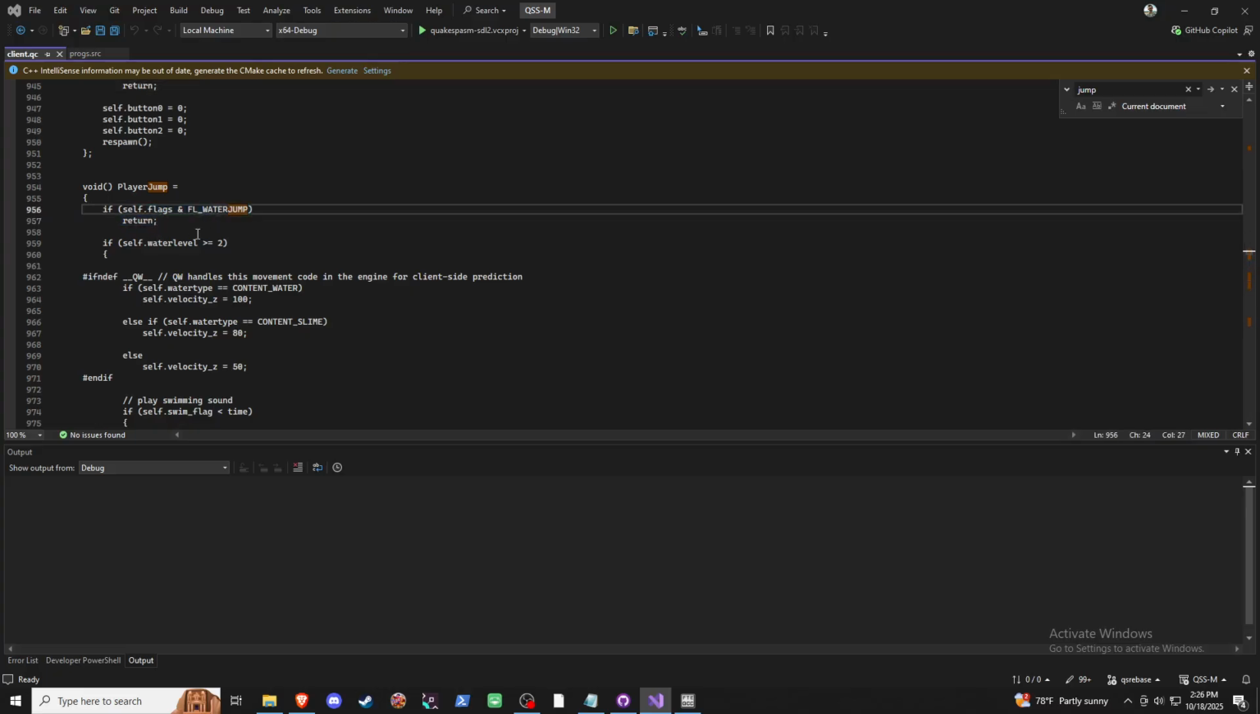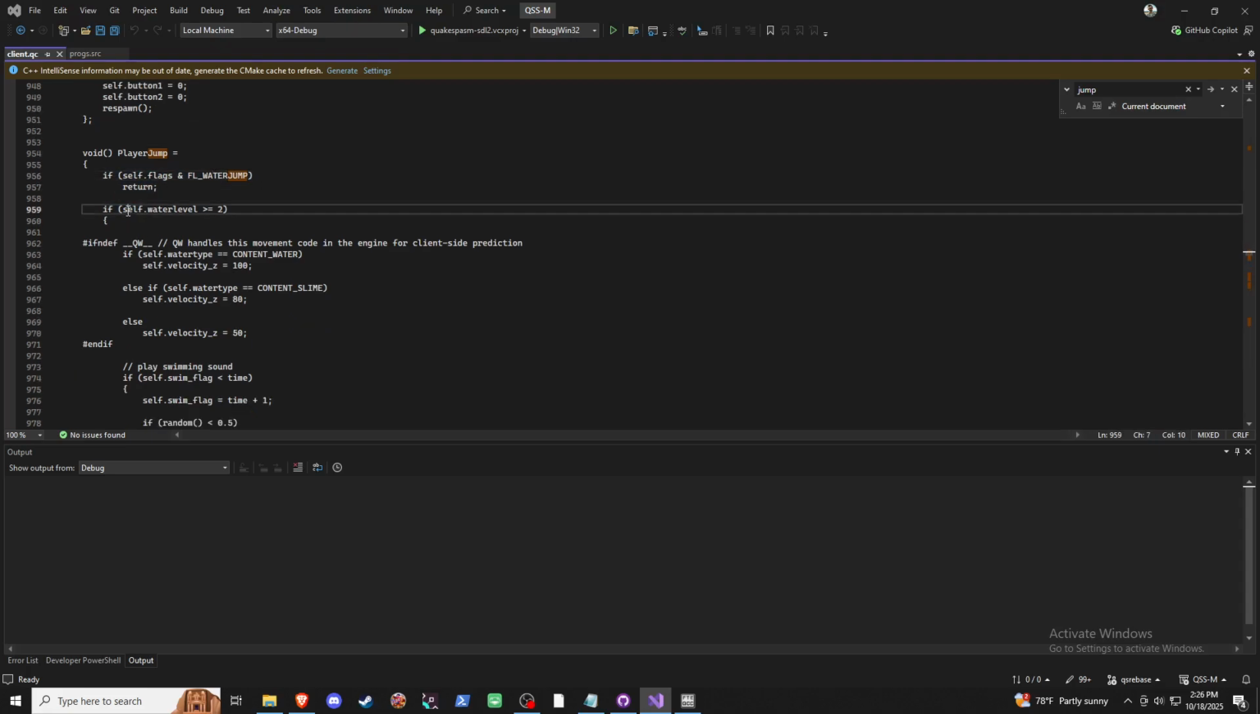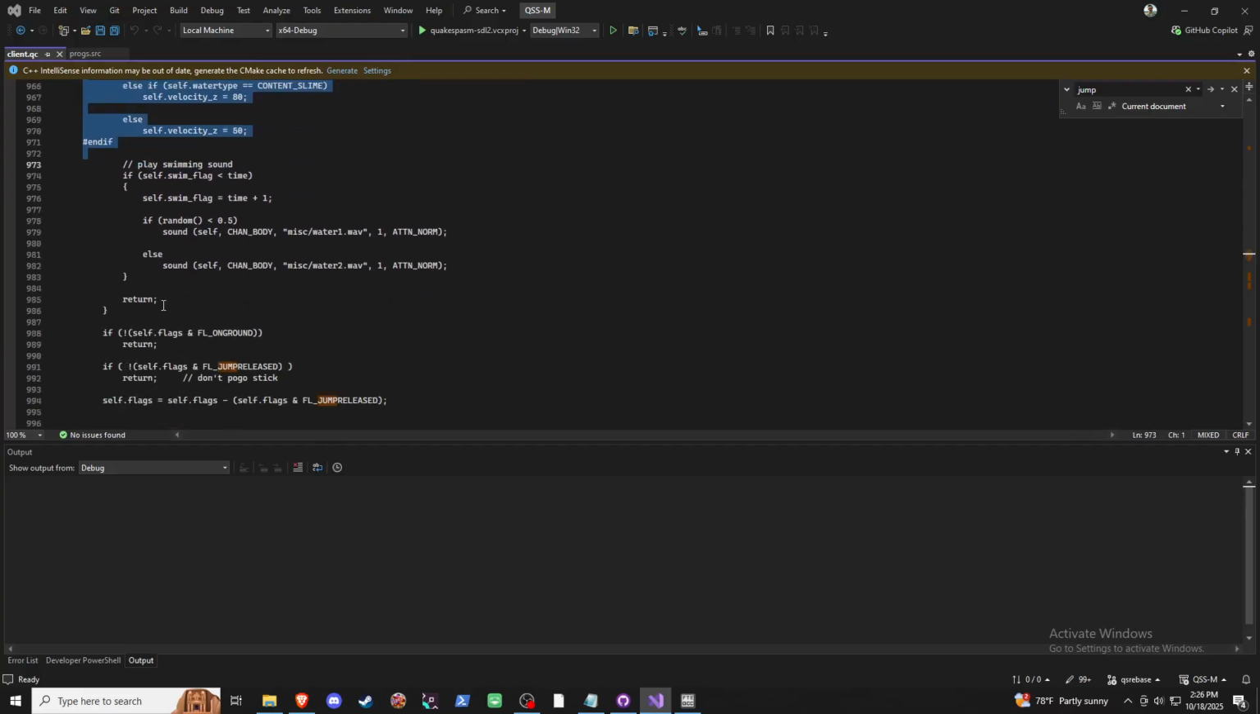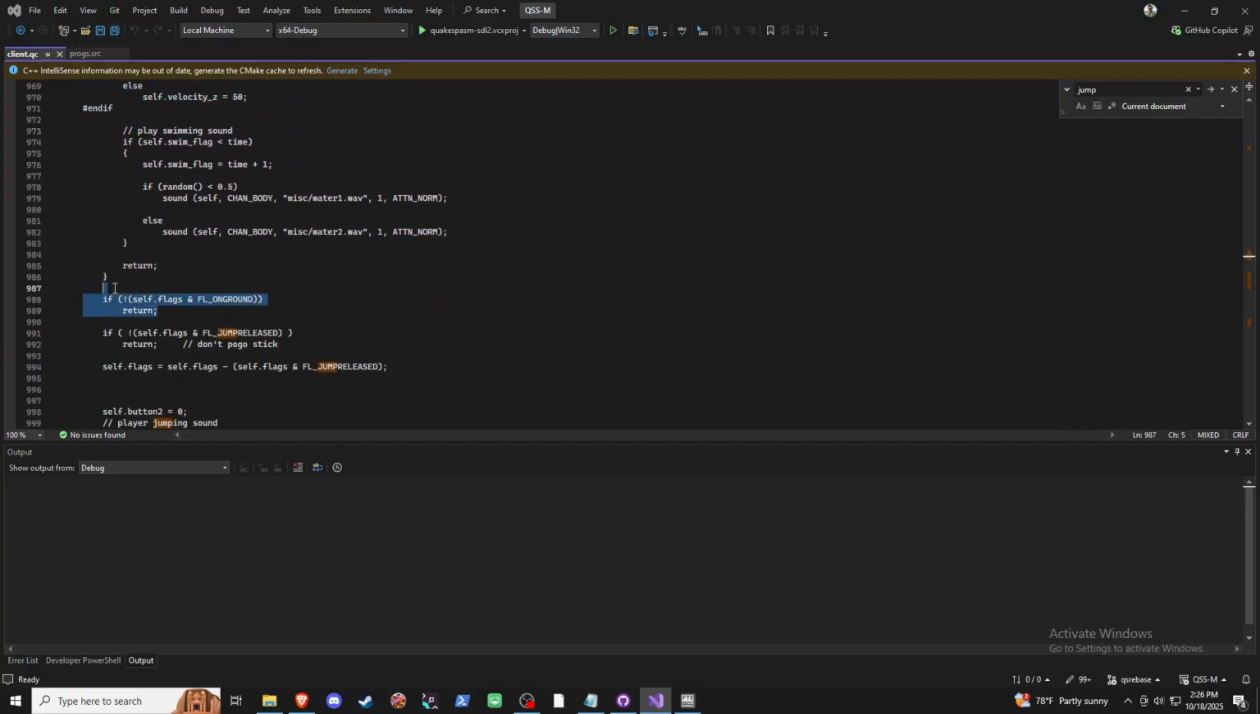So this is concerned with jumping in the water. If the water level is greater than 2, then we're going to do all this logic. We're not concerned with that really. Let's see. This is saying if flags and on ground. So this exclamation point means not. So it's essentially asking if we're not on the ground, return. Return means get out of this function. We're going to bail early